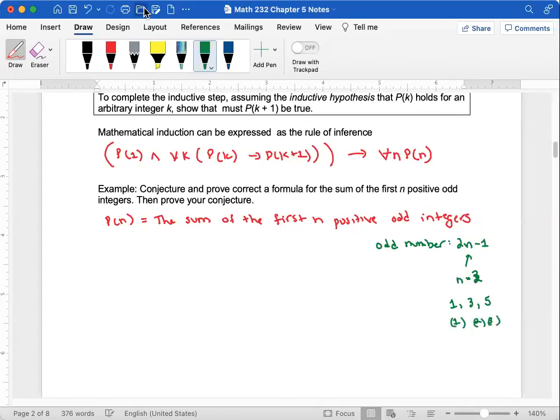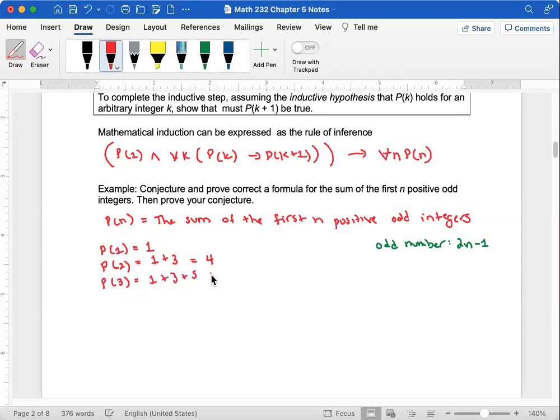All right, just wanting to review that concept before we get going here, because we might see that pop up if we're trying to create a formula. Before I do that, I need to play with this P of 1 business. P of 1 means I'm looking at the first odd integer, and that's 1, done. P of 2 means I'm looking at the first 2 odd integers, and that comes out to 4. P of 3, I'm looking at the first 3, so I'm adding a 5, and that then comes out